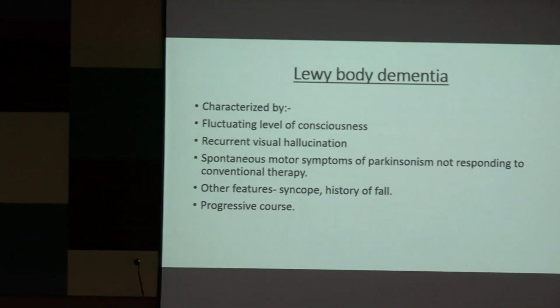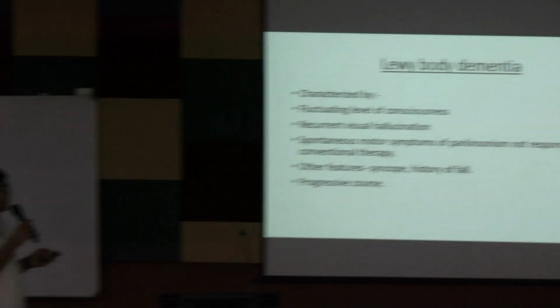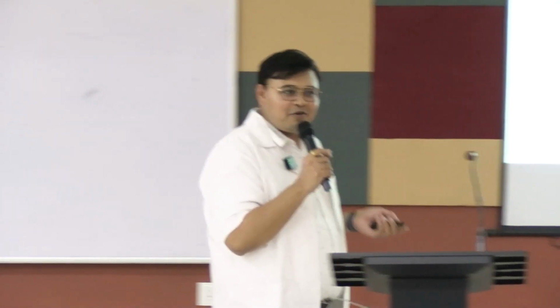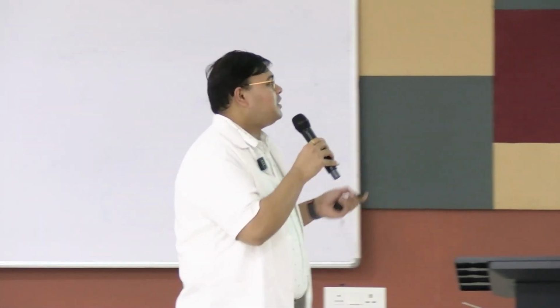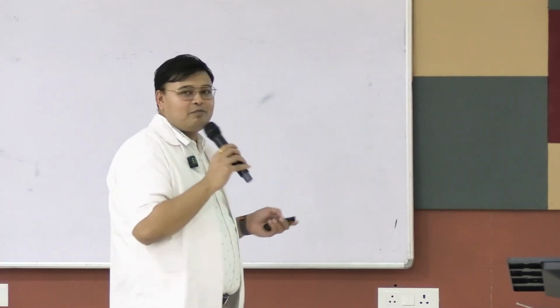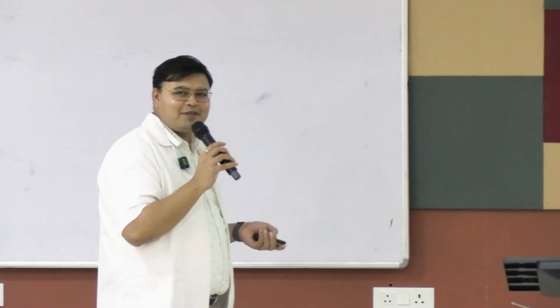Lewy body characterized by fluctuating level of consciousness, recurrent visual hallucination, spontaneous symptoms of Parkinsonism not responding to conventional therapy. Other features like syncope, history of syncope মানে কি, মেডিসিন করছো বলো, syncope মানে কি, syncopal attack, usually a progressive illness, বলো, সব হাই তুলছে লাস্ট বেঞ্চে,